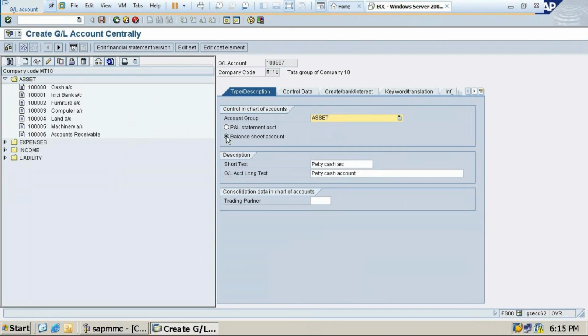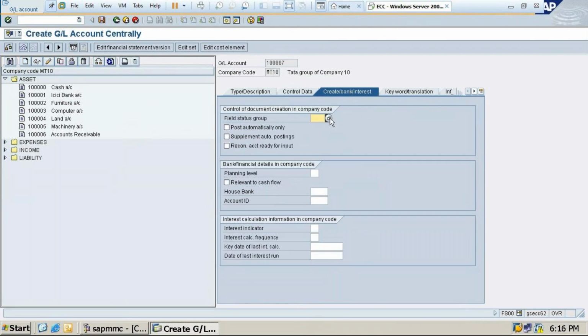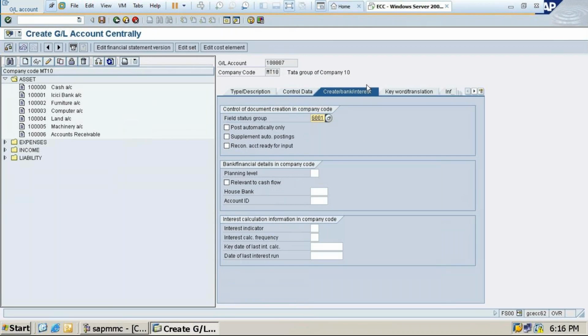Accounts group I have selected balance sheet. Short text petty cash account. GL account long text is full name, you can write petty cash account. Click on control data. In the control data, in Indian rupees. Then click on line item display. Posting date is 001. Click on create bank interest. Then you have to select G001. Okay. Then click on,